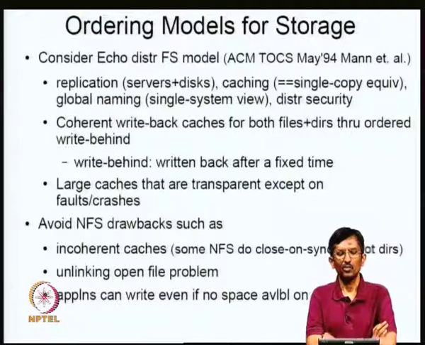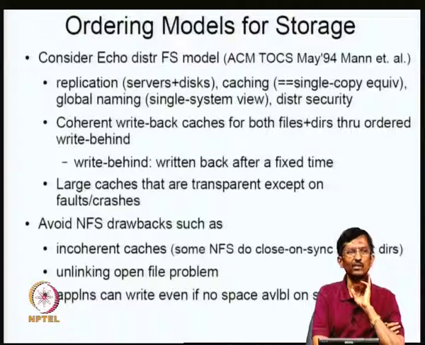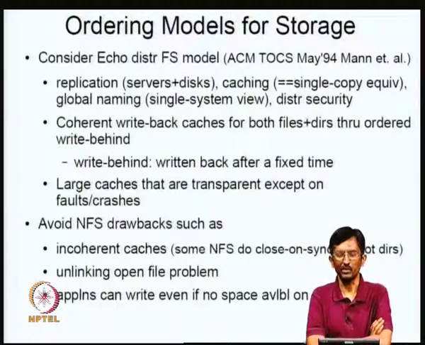Now, what is the issue with write behind? If it is not ordered, then something which got dirtied much later can get flushed to disk, and then you can suffer a crash, and the previous write which never made it to disk may not be there. In some sense, there is an inconsistent version of the file in the system. So if I can do the ordering of write behind, then I can do something reasonable. That is one thing which this particular Echo file system attempts to do.